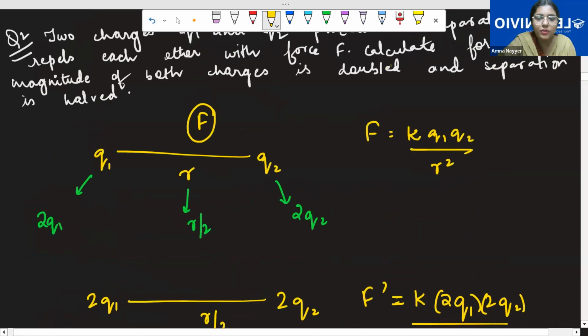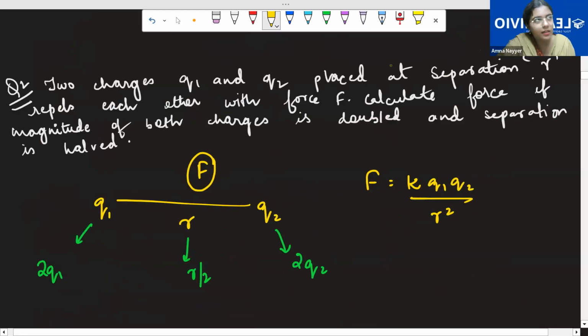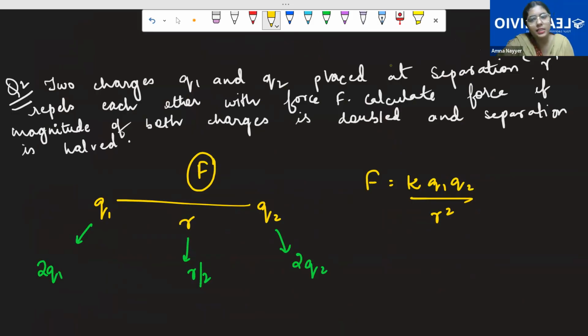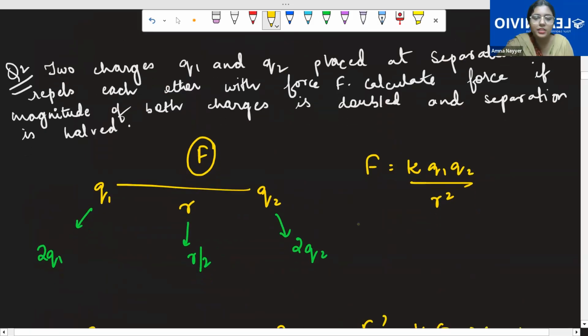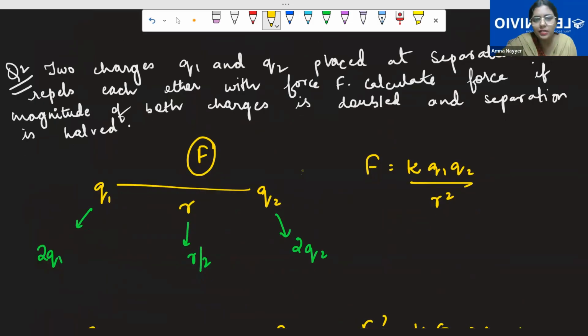This is a question which came in one of your board exams, and I think it was 2019's paper or 2023's paper. In one of the papers, this question has exactly come like this with the same values. In one of the questions earlier, 2015's question, the method of charging by conduction was used, but this question came. Write it, then we'll see some more details about the dielectric constant.